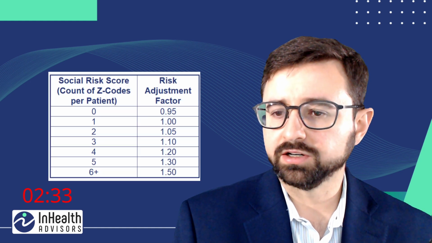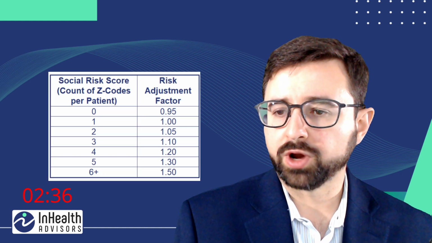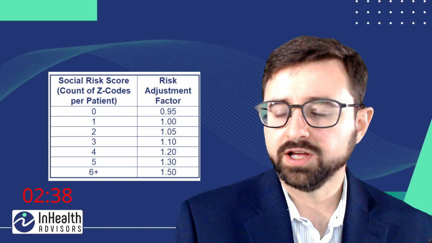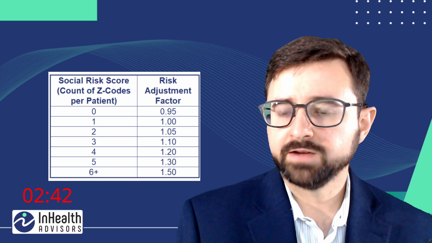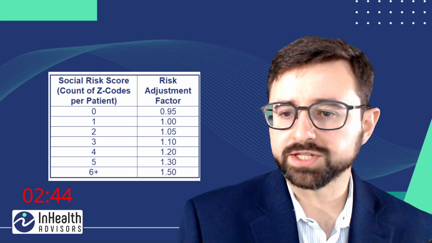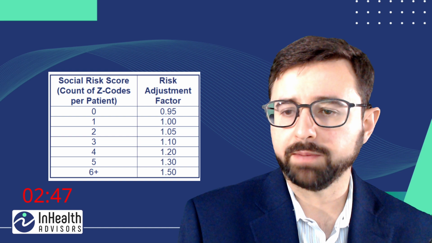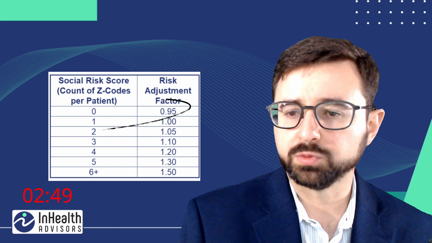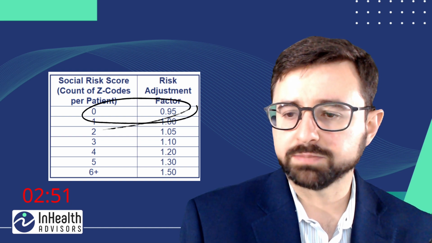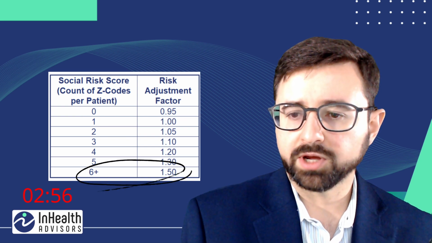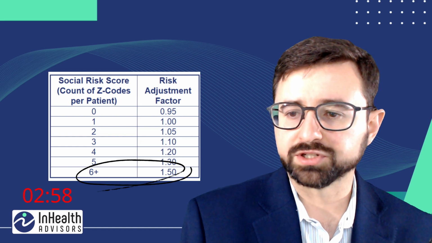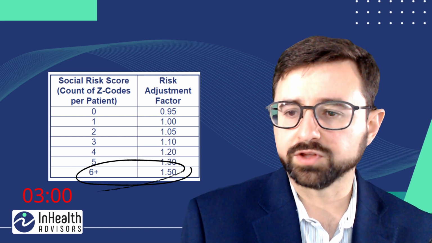Let's take a look at an example of social risk scoring in action. The table that you see here presents the social risk score and corresponding risk adjustment factor that's used to calculate panel size for a given patient population. For example, the social risk score is based on the count of Z codes for that patient. So if a patient has a social risk score of 0, they'd count as 0.95 for the purpose of calculating the panel size for the provider. By contrast, if the social risk score is 6 or more, they'd count as 1.5 for the purpose of calculating